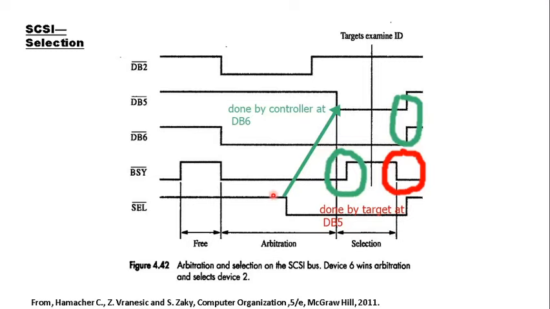So during selection, select is put, the address of the partner is put, then the BC line is turned off to listen for the partner. Then the partner will turn on the BC line, right, and the initiator or the master will take away all the addresses from the bus. Okay, so this is the end of the selection stage.